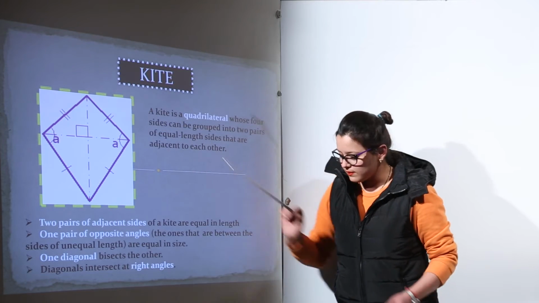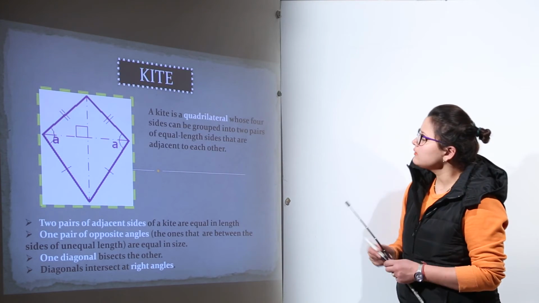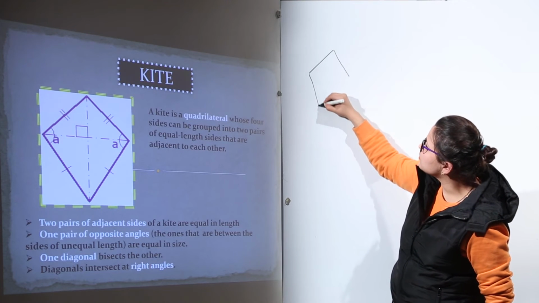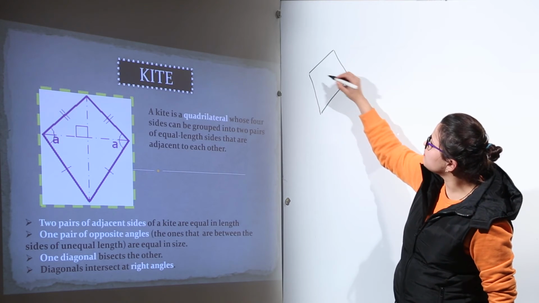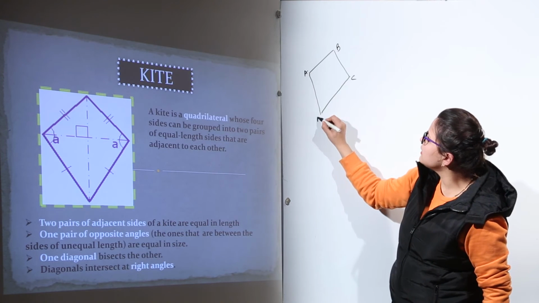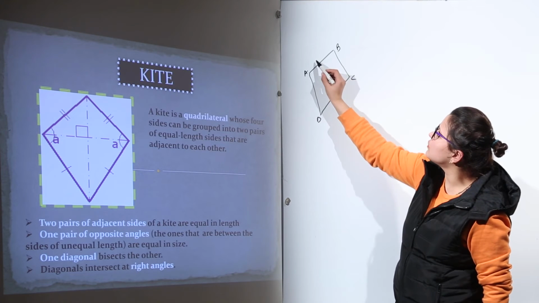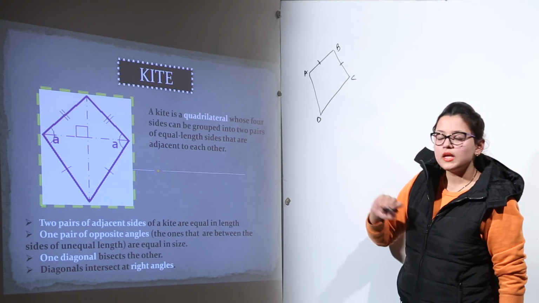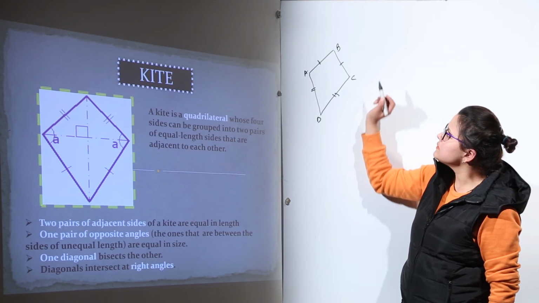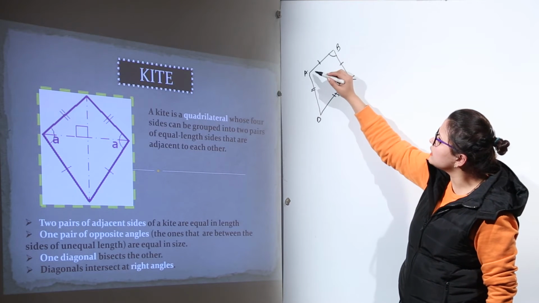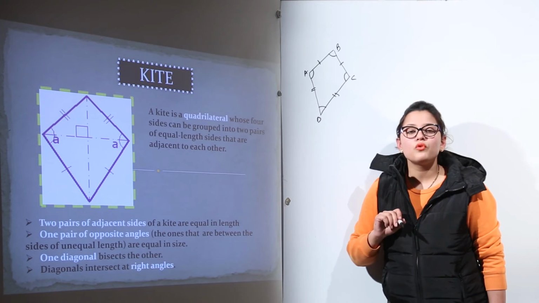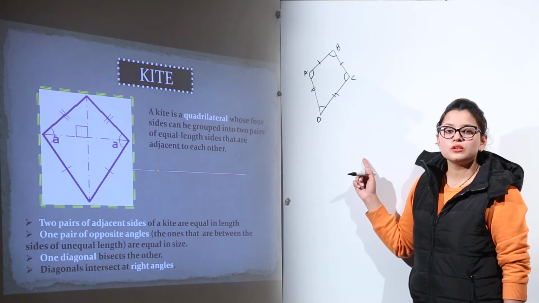Now you can check, let us draw it over here again, and we can check which are the angles that will be equal to each other. Now as I have made the figure also, we can name it as A, B, C and D. Now in this figure we know that AB is equal to BC and AD is equal to CD. Now over here I am saying it has four angles, angle B, angle A, angle D and angle C. These are the four angles of this quadrilateral called kite.